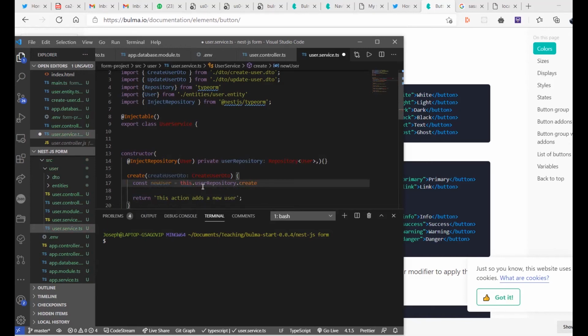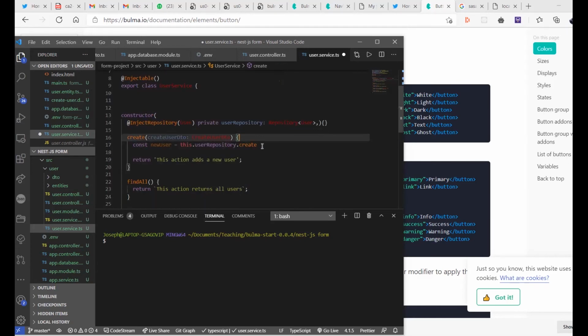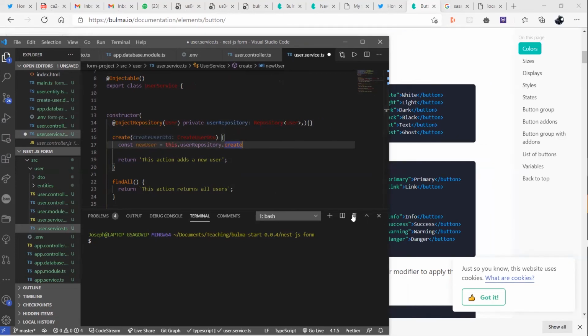I feel like going into details on this will confuse you, but create is a method, the same way we're creating methods here that have to do with the user service. Imagine this user repository is created exactly how we created this user service here. So there's a create method under the user repository, the same way there's a create method under this. So a new user is a creation of